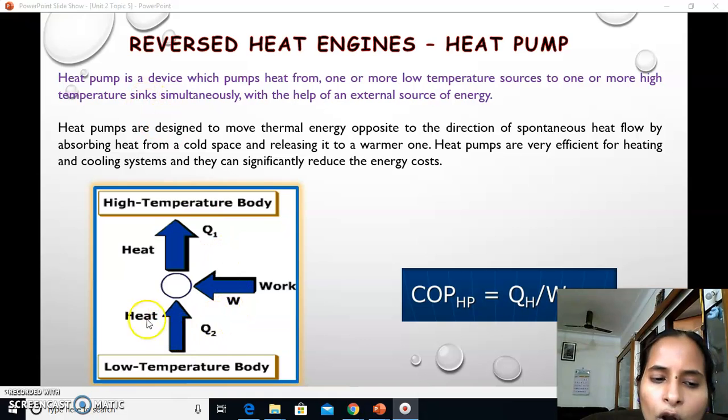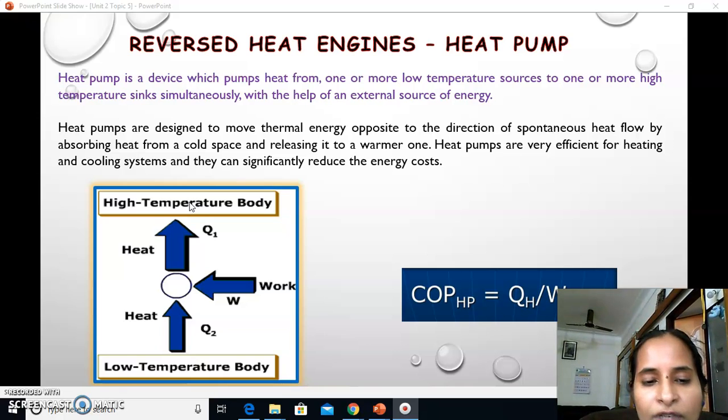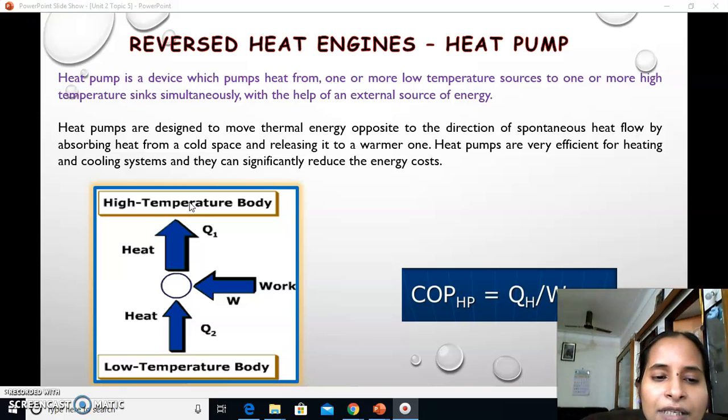Okay, so both are getting the external work energy, and then only are they able to convert the heat energies in the opposite direction of the spontaneous process. Okay, so they are taking the heat from the lower temperature body and giving it to the higher temperature body. And their performance is not measured as efficiency. Instead, we are using a term called coefficient of performance, which is equal to